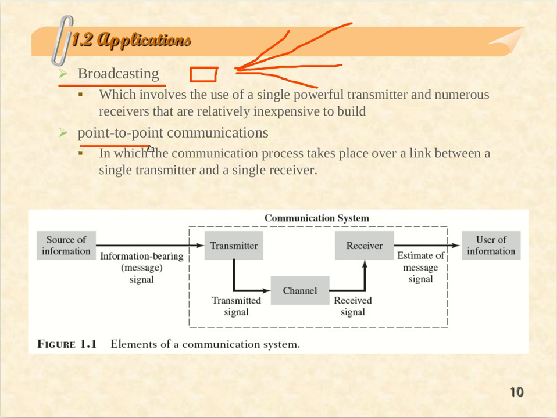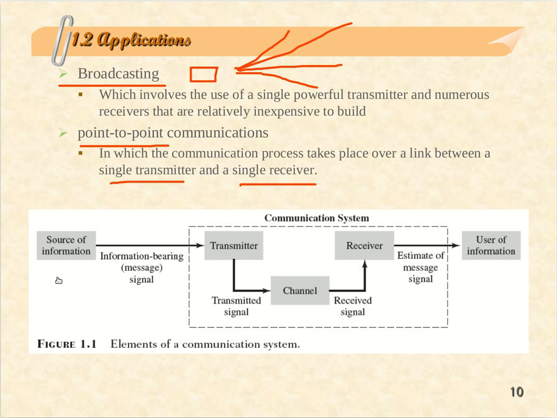Point-to-point communication is like your phone and your friend's phone. It goes from your phone to your friend's phone, nothing else. There is no other terminal that can receive your information or discover what is happening or what you're saying or transmitting. So a single transmitter to a single receiver. That's point-to-point communication. Here we can see the basic components of a communication system: